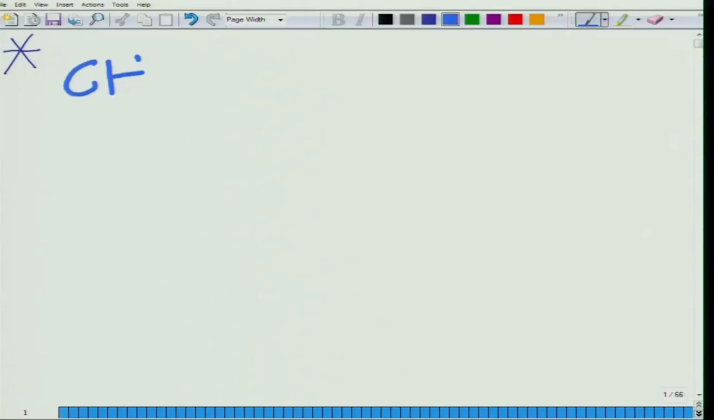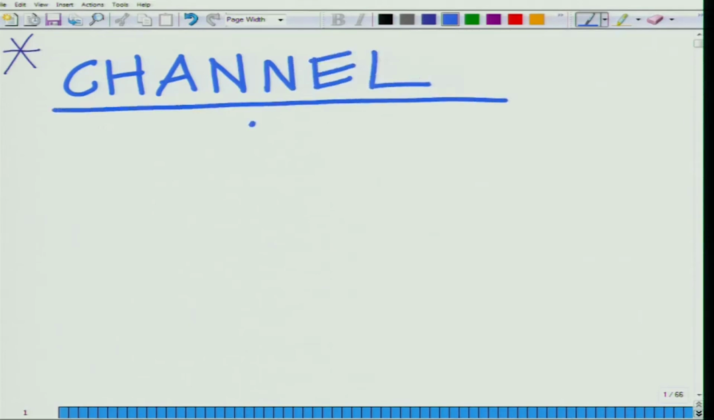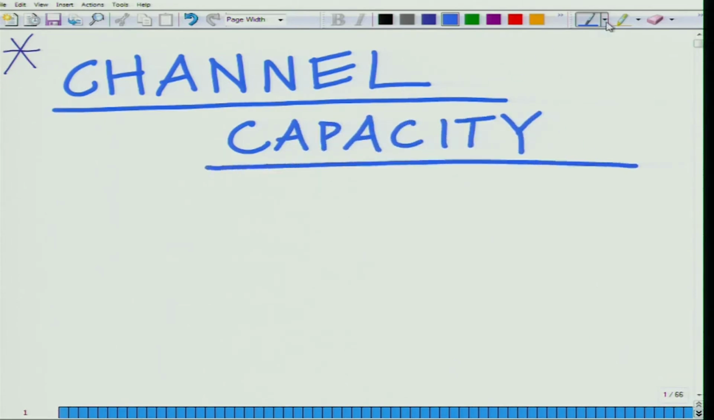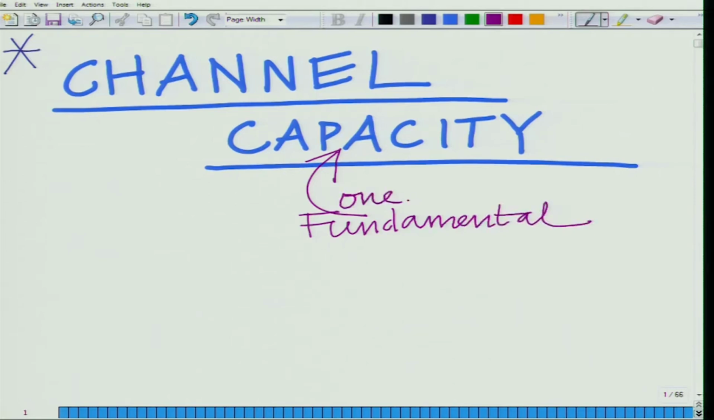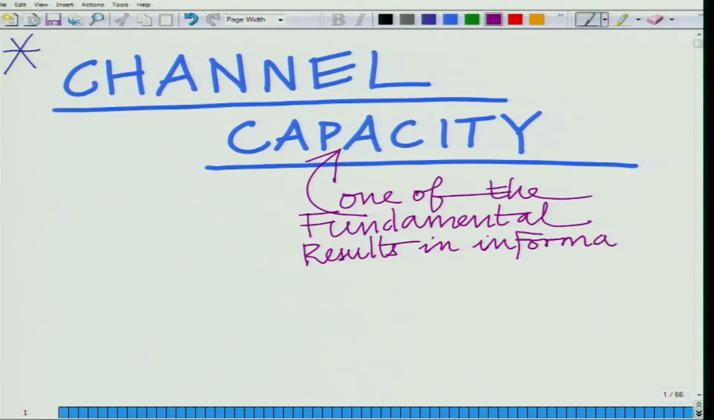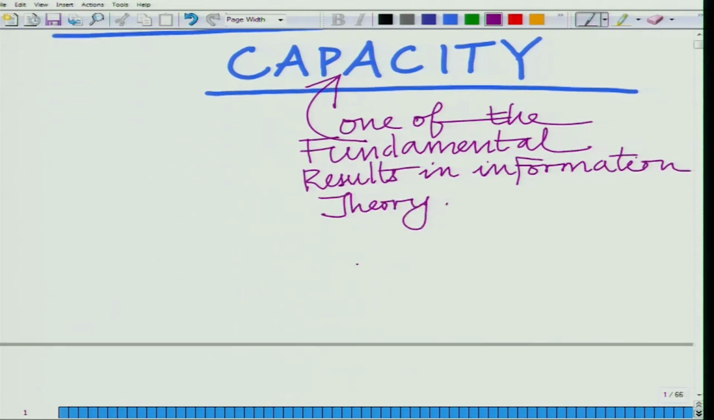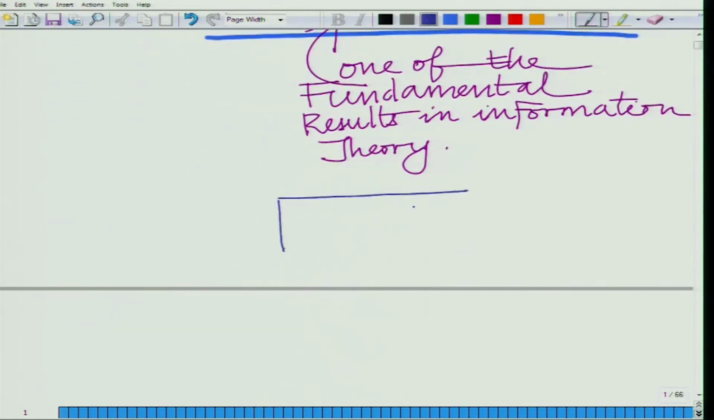Okay, so what I want to look at today is one of the fundamental results in information theory. As I already told you, this is one of the fundamental, I can also say the landmark results, which can be described as follows: if I have a channel